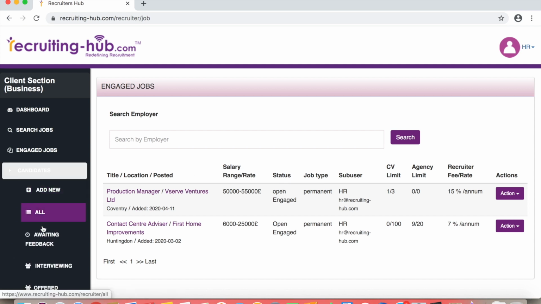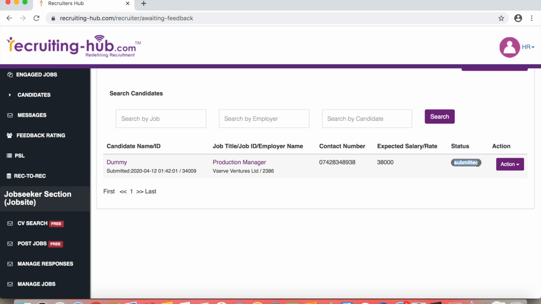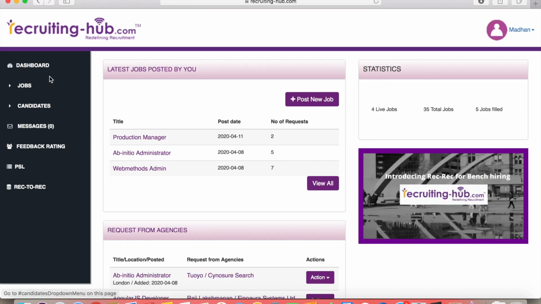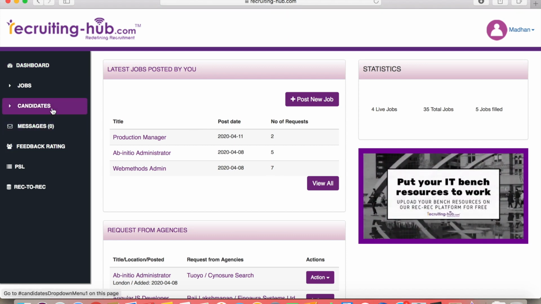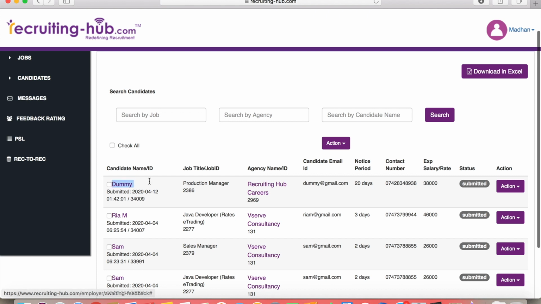So as soon as I upload a CV, it sits in the awaiting feedback folder. So the status says submitted. That means I've submitted the CV. It is awaiting review from the client. I want to show you how it is received. If you actually look at the awaiting feedback on the employer side, say dummy is received here, and I can shortlist,